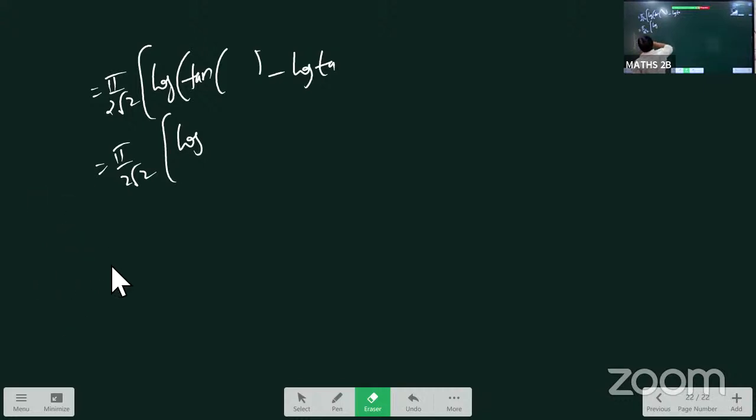Let us leave this step here. Now write out here. Pi by 4 means 45 degrees plus pi by 8. Pi by 8 means 180 by 8, which is 22 and a half. So 45 plus